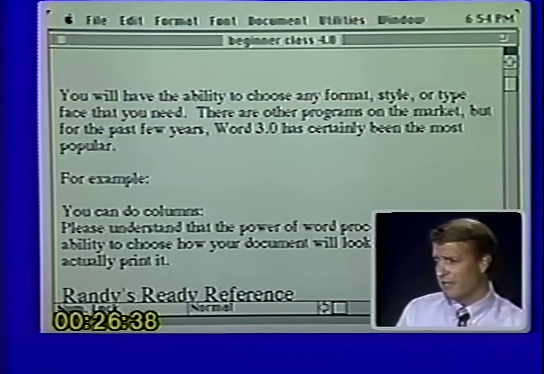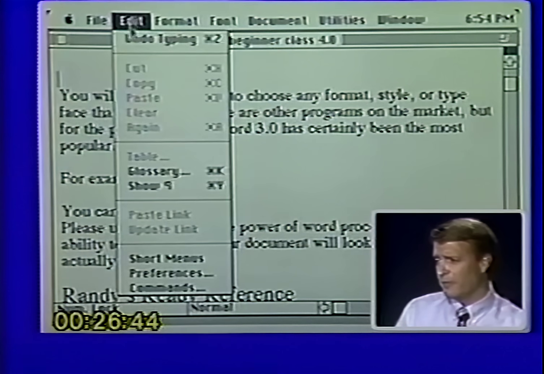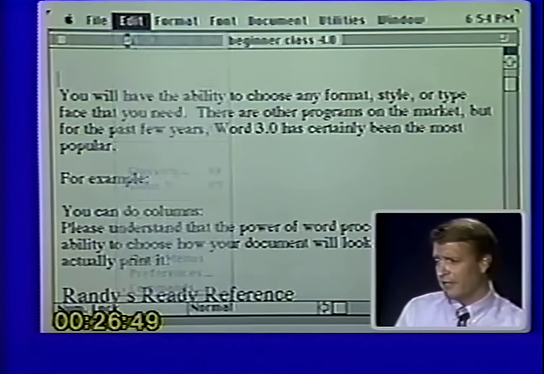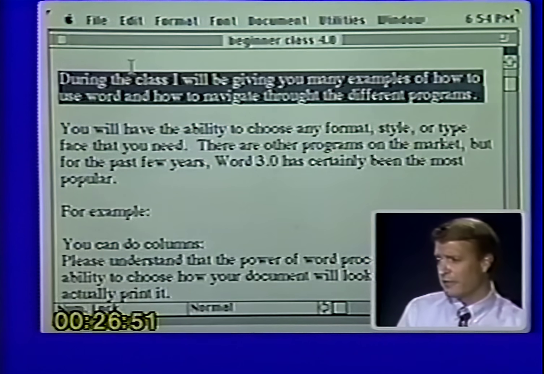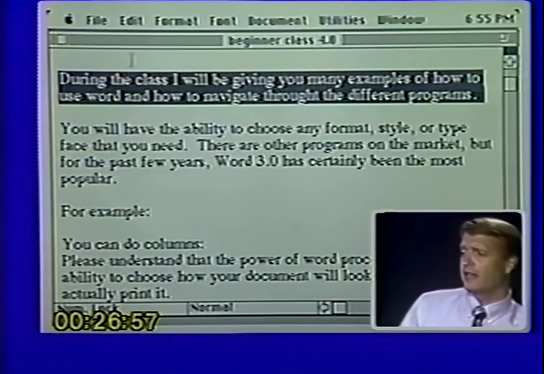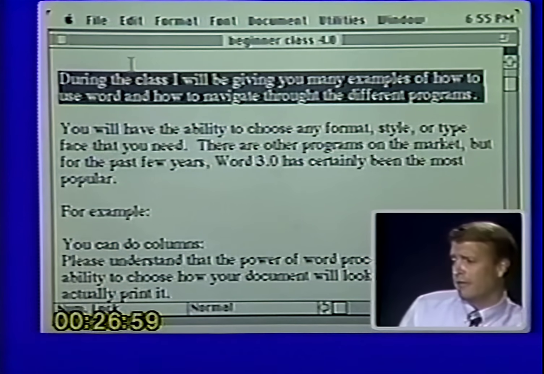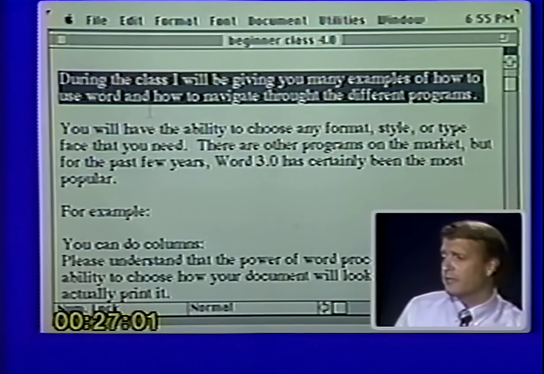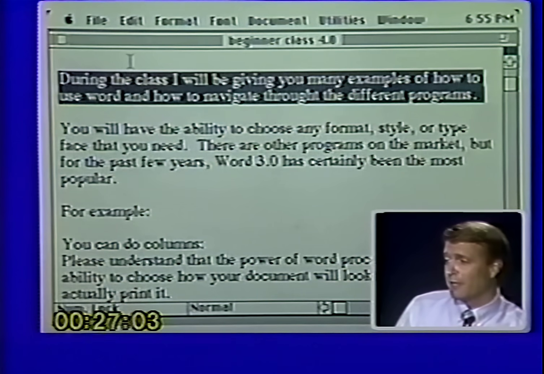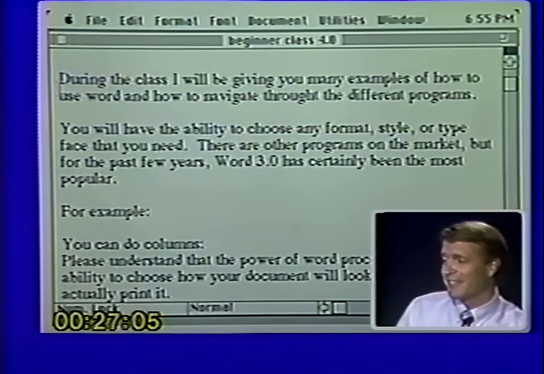Now you'll notice I just deleted my first paragraph, and all of a sudden I decided I really didn't want to do that. If you will go up under the Edit menu, you will find a nice little command called undo. Now if I select undo, you will notice that my paragraph comes back. The undo feature. Now I've decided that what I need in life is an undo button. Whenever I do anything really dumb, I simply push undo and start over again. Well, it works on the Macintosh, but doesn't work in life.